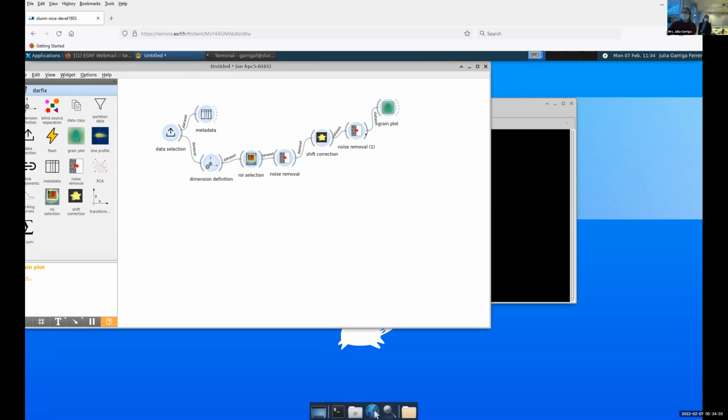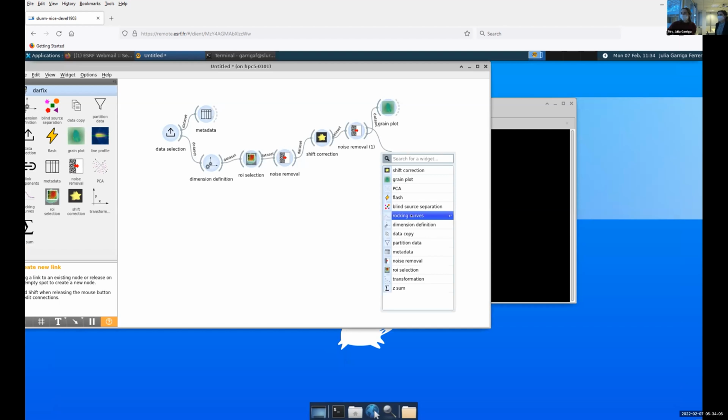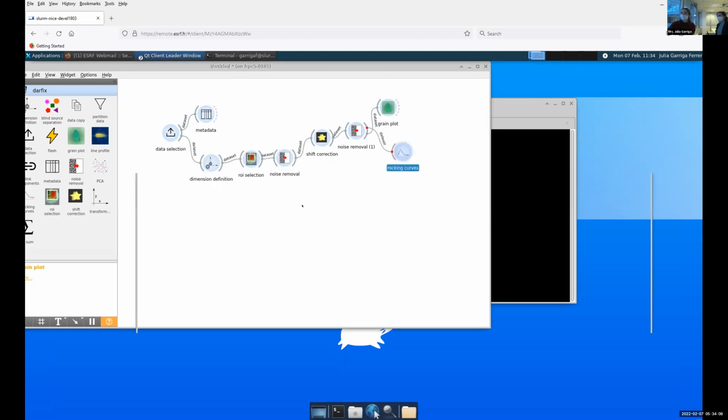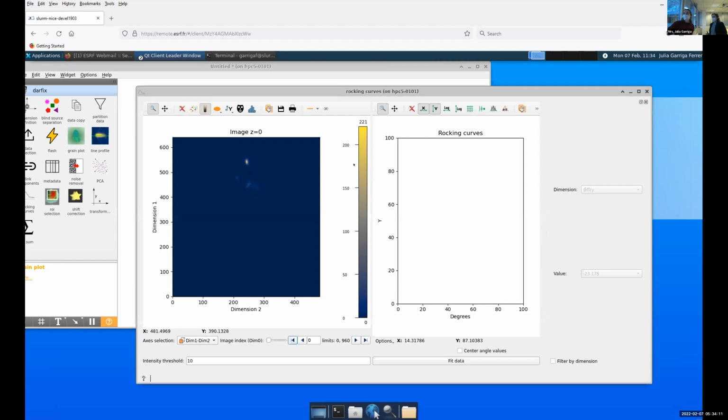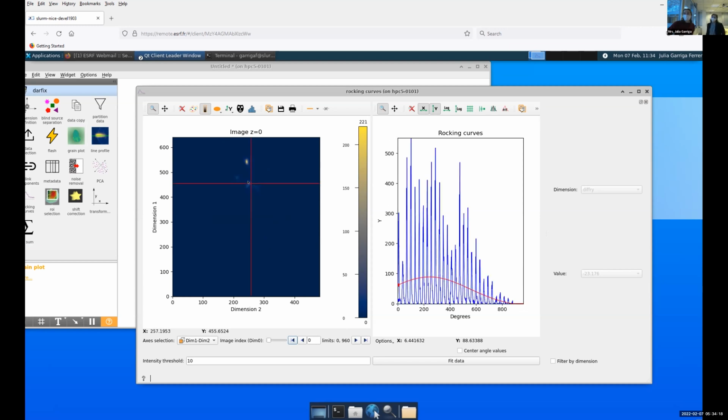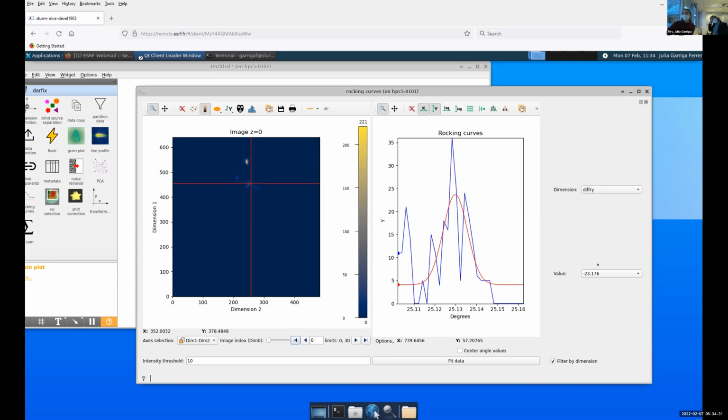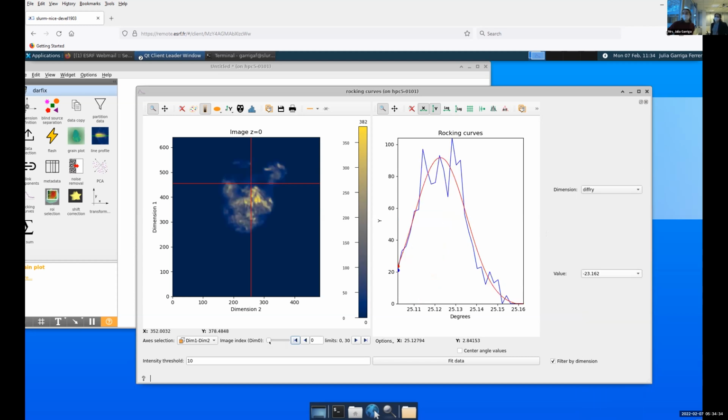Perfect. So after rainbow, let's go to the rocking curve. Okay, so as I told in the presentation, here you have your stack of images. Now you have all your images in here. So if you click on one of the pixels, as you see, you have all the peaks for every one of your motor values. That's why it's important in our case that we have two motors to filter by dimension. And now when you change the value, you have a different stack of images on the left. We can move through it and see where